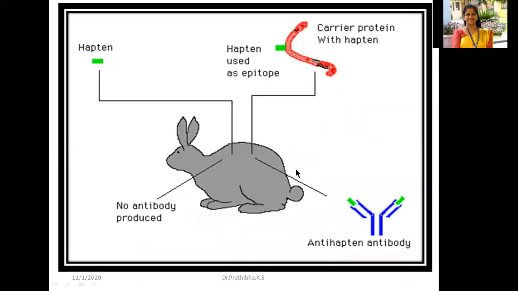And now let us go to the production of antibody. When you go for the production of antibody, again for the first injection of the antigen, you will get the production of antibody, that is IgM. When you inject the antigen, not all antigens have immunogenic characteristics, because some of the antigens are non-antigenic as they don't have the proper molecular weight to trigger the immune system for the production of the antibody. For example, you can see this is the hapten. When hapten is injected into this rabbit laboratory animal, no antibody is produced.